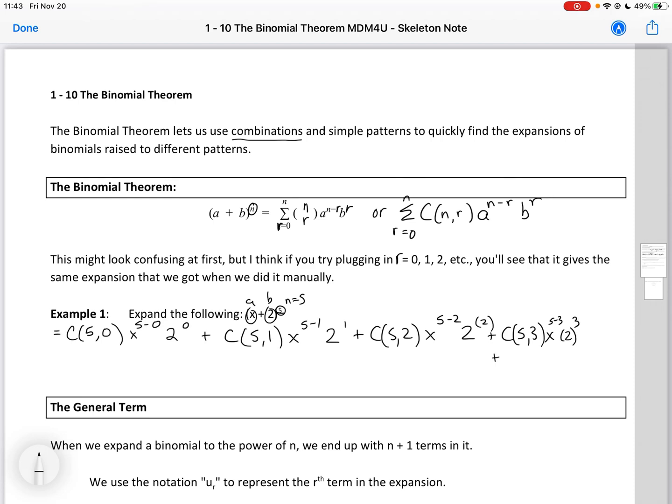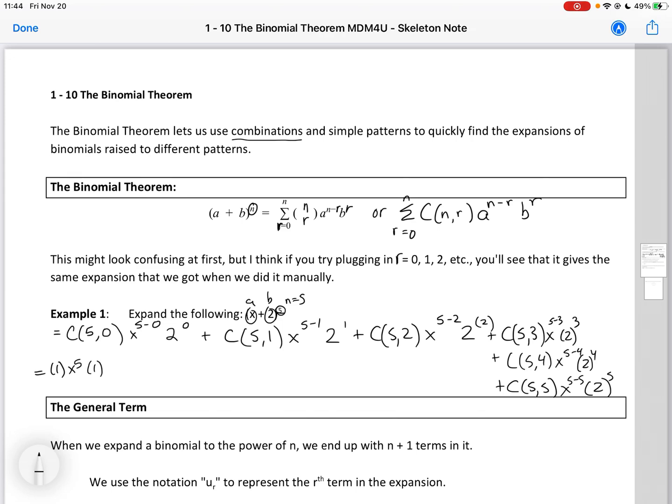I'm going to run out of space here. And then I've got plus 5 choose 4, x to the 5 minus 4, 2 to the 4. And then my last one is going to be 5 choose 5, x to the 5 minus 5, and then 2 to the 5. So I can evaluate that on my calculator, which is going to give me 1, so